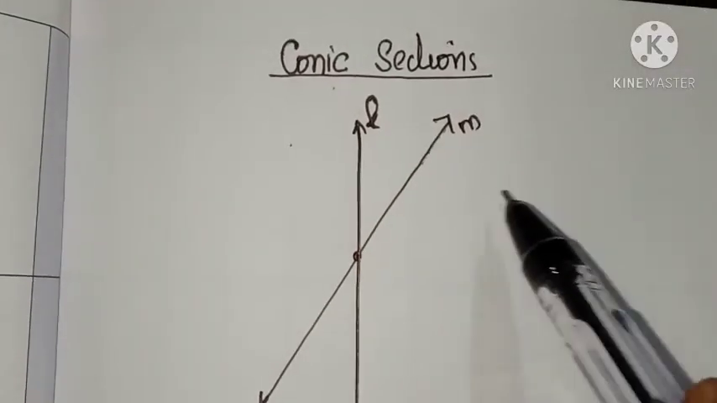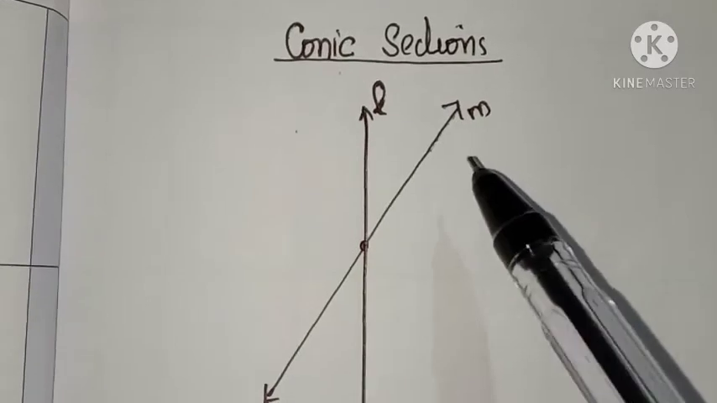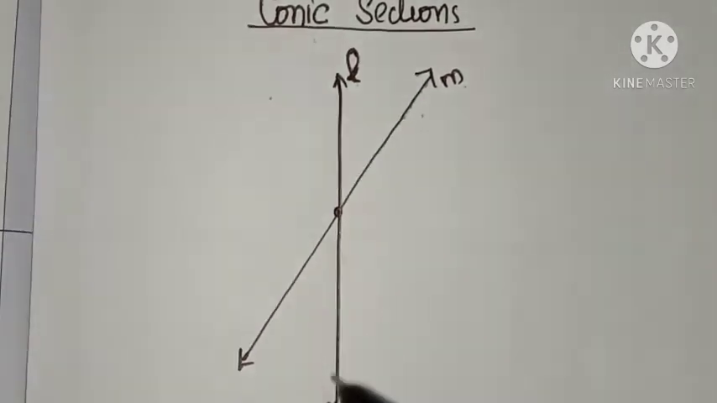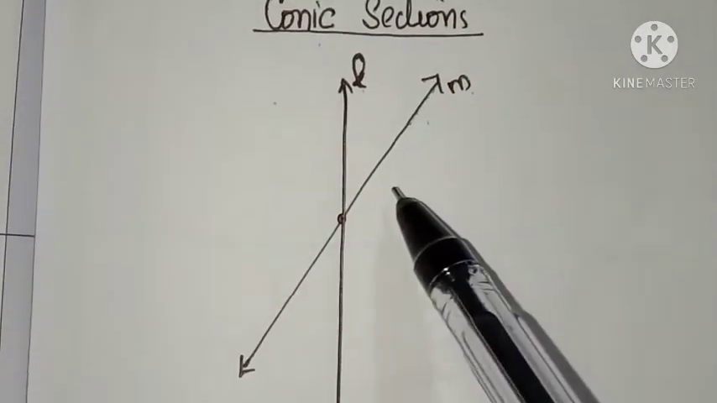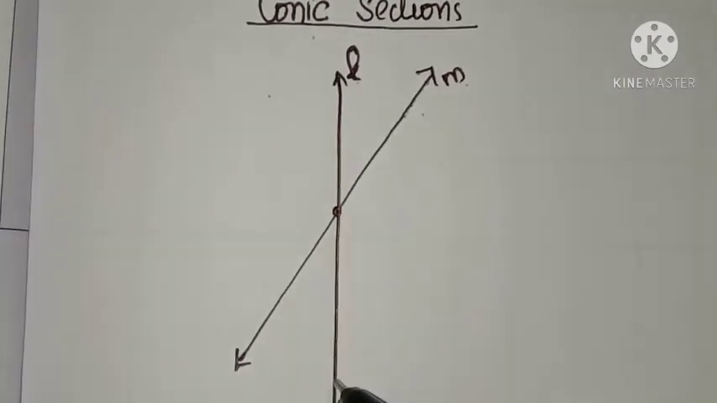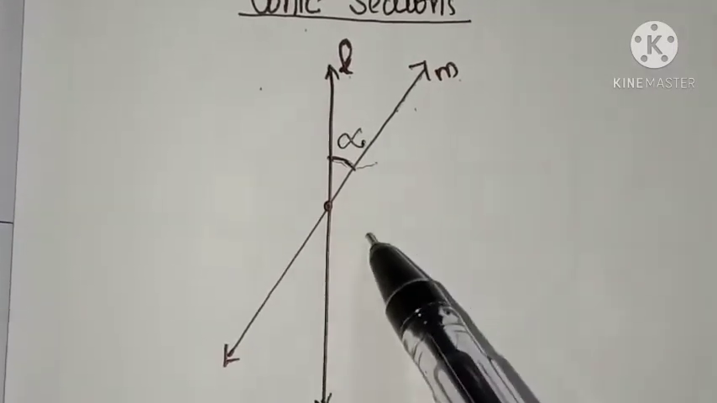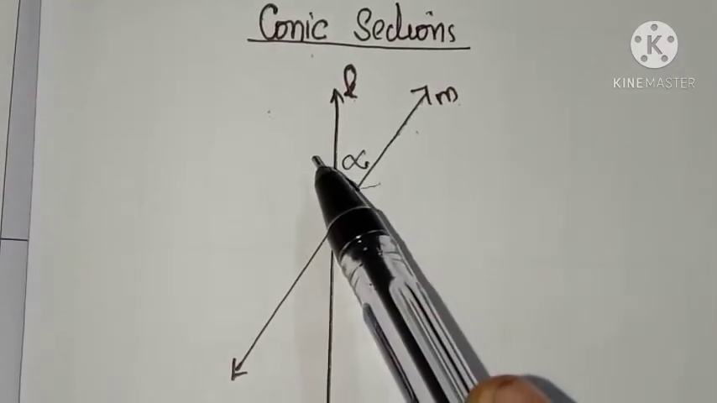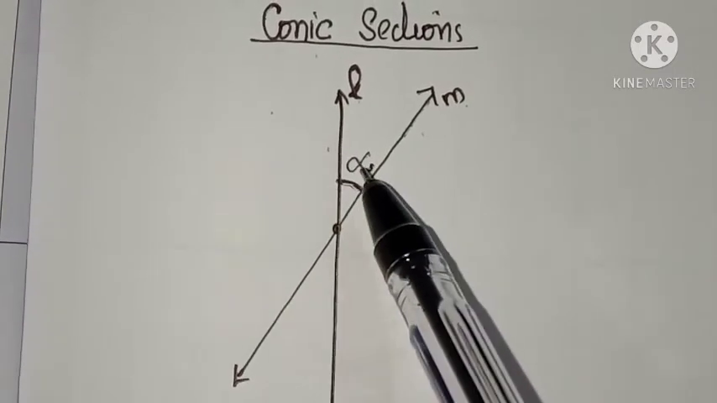Good morning to all. Today we are going to discuss conic sections. Listen, there are two lines, L and M. L is a fixed line and M is any other line. We are going to rotate this line M with respect to the line L, keeping a fixed angle alpha. Suppose we rotate the line M around the line L in such a way that this angle alpha remains